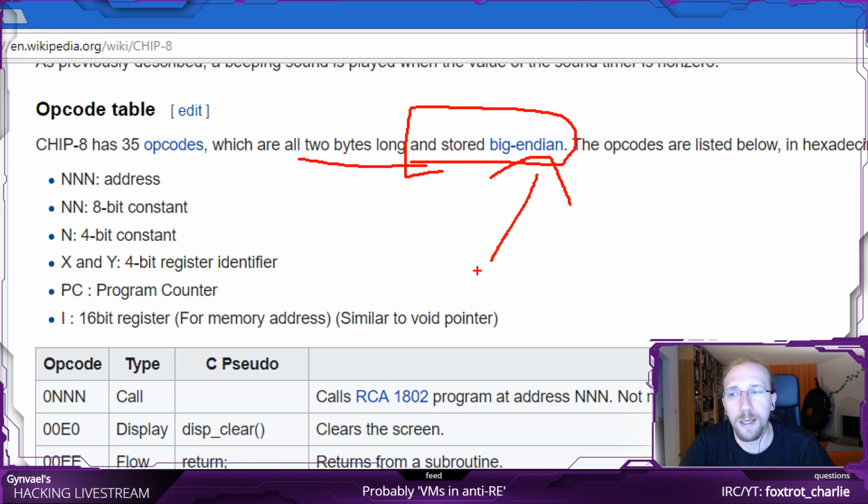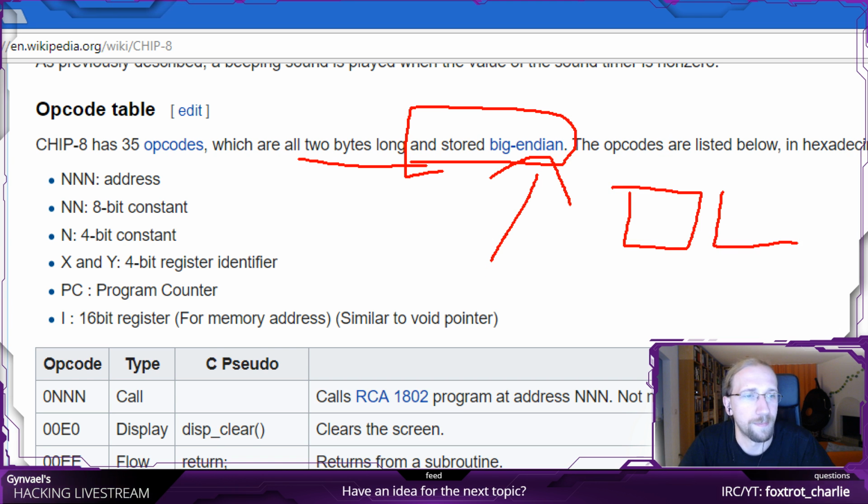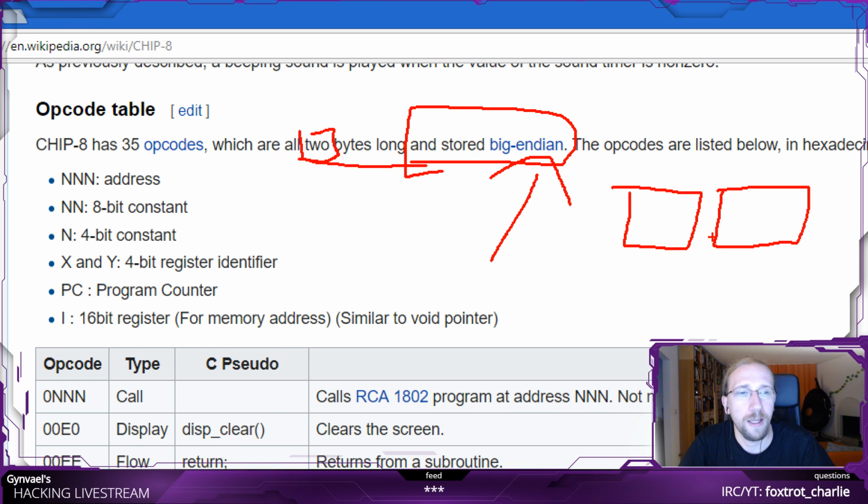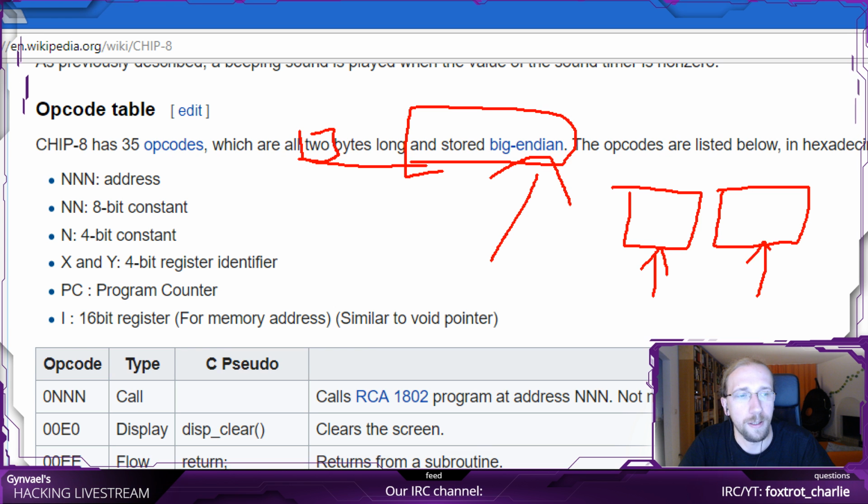And it's set to big endian, which means that, I guess everyone knows what it is, but just for new people, if you have 2 bytes, and our opcodes are 2 bytes, then for big endian, when actually reading them, this is the top byte and this is the bottom byte.